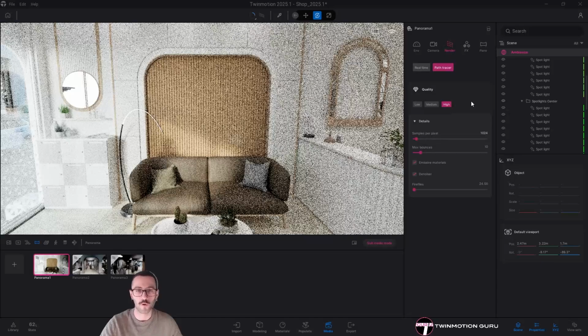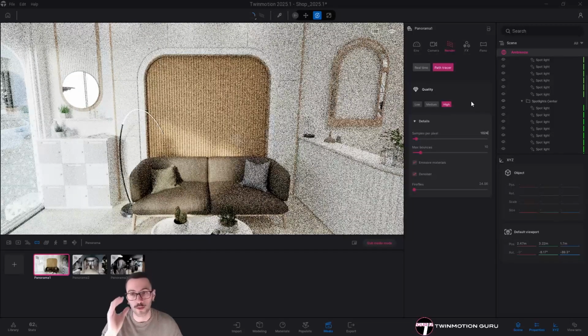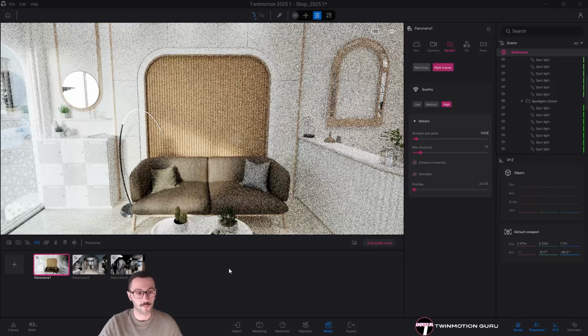Okay, it depends of course on your time, on your needs, and of course on your hardware. But consider that all the panoramas exported locally with the path tracer engine, if exported with these values,